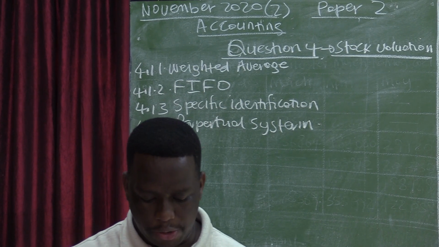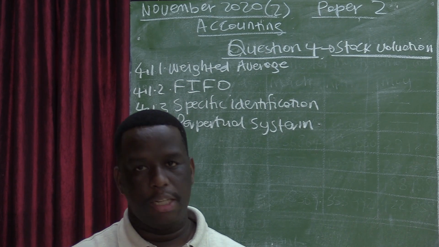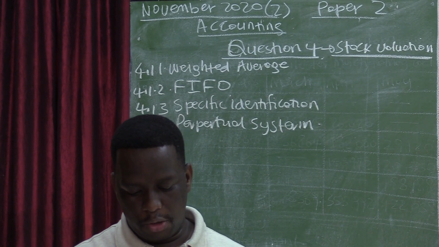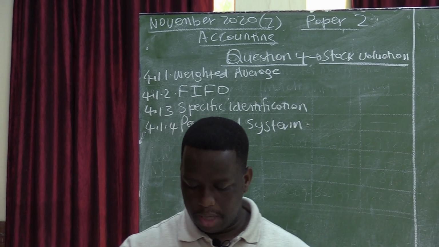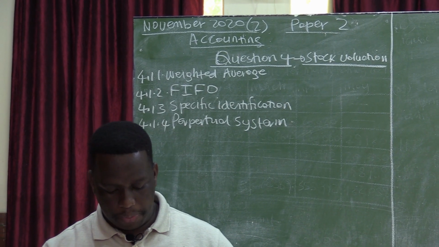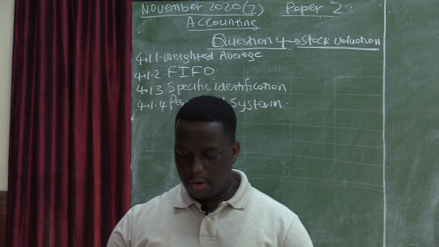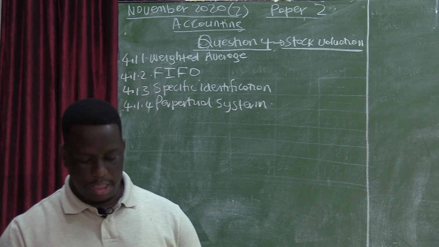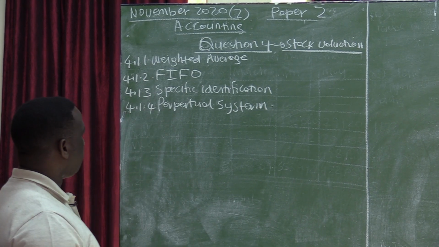So that was 4.1, wherein the method suitable for inexpensive goods is the weighted average. The closing stock balance is recorded at the most recent prices, that is first in, first out. Individual stock items are valued at cost price on the purchase invoice, that is specific identification, and the cost of sale is recorded for every sales transaction. You're looking at the perpetual stock system.